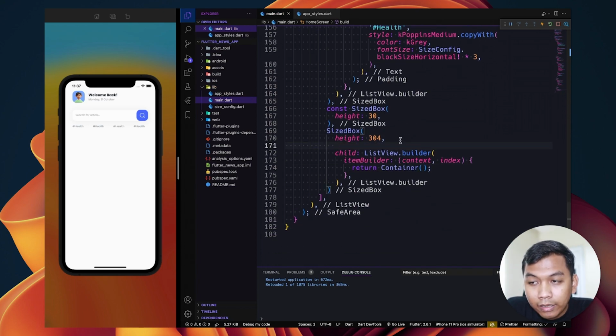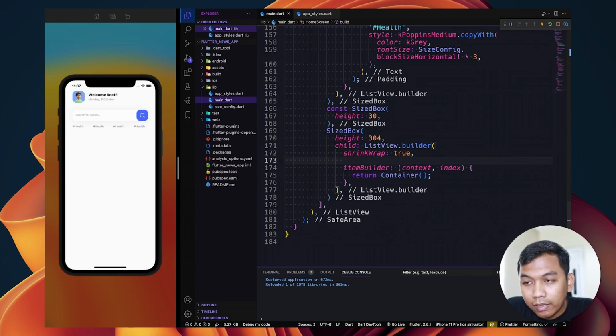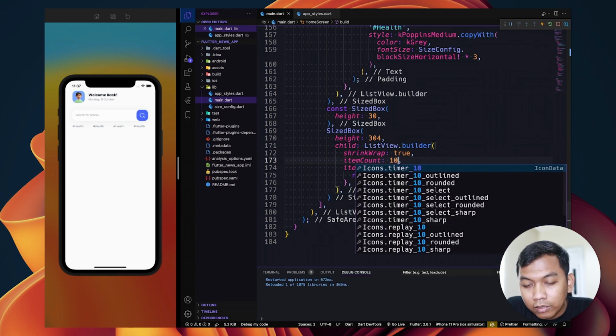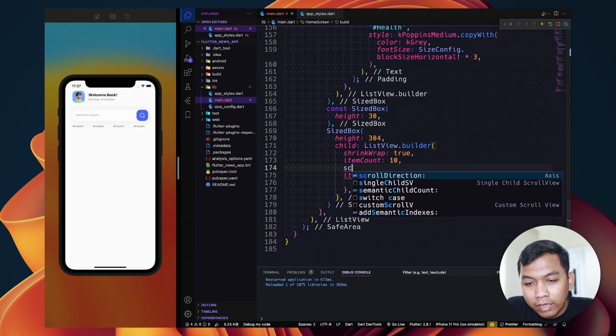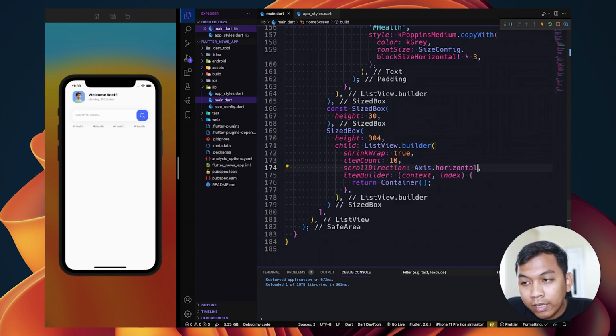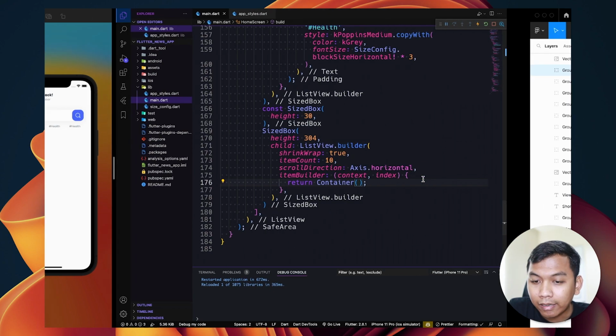And don't forget to say here shrink wrap true and item count, so set it dummy to be 10 and scroll direction to be axis horizontal. So let's draw the container.